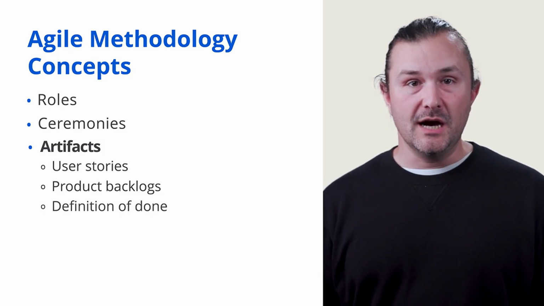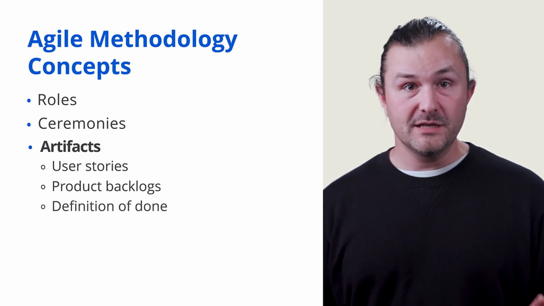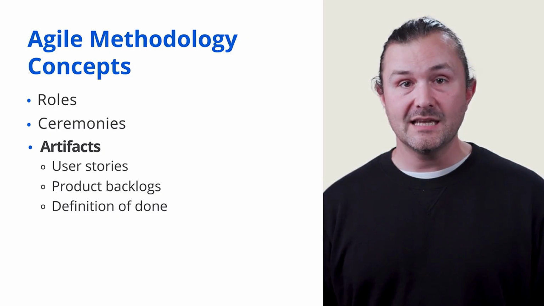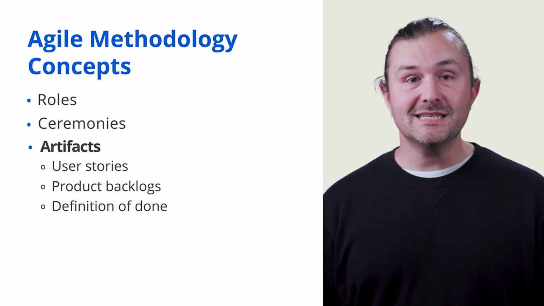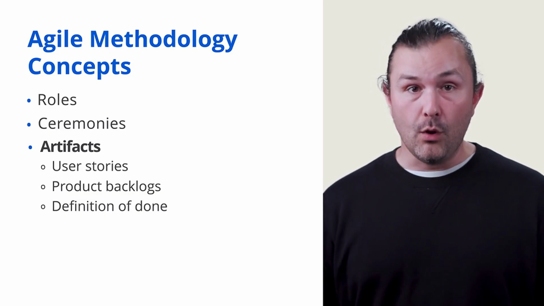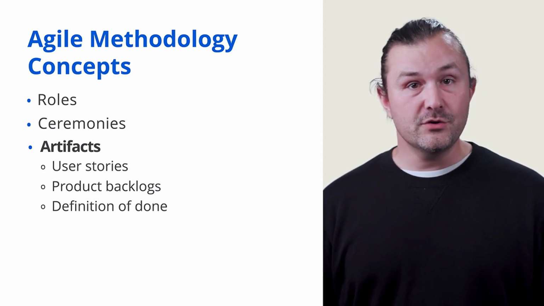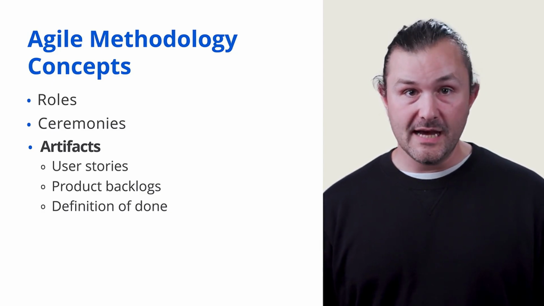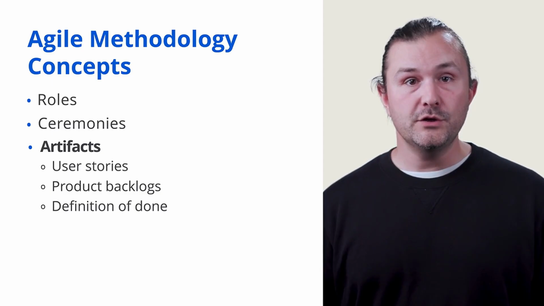The definition of done is a clear, agreed-upon set of criteria that specifies when a task, user story, or project is considered complete and meets quality standards. A feature is considered done when it passes all automated tests, code reviews, and is deployed to a staging environment